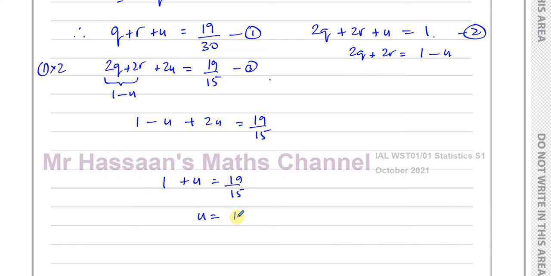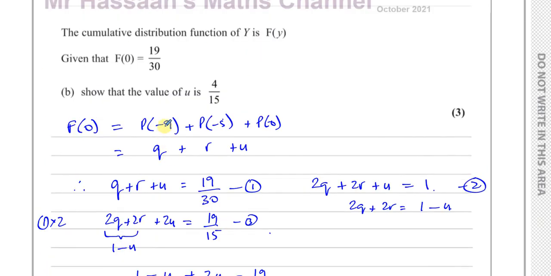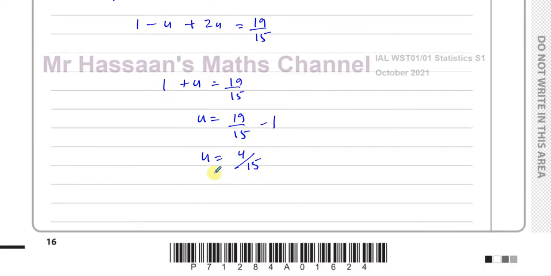So U is going to be 19 over 15 take away 1, which is 19 over 15 take away 15 over 15, which is 4 over 15. And I think that's what we had to show. Exactly, that's what we had to show. All right, so there we have the answer to this part of the question. We showed that U is equal to 4 over 15 with a little bit